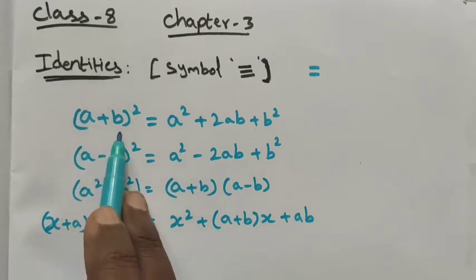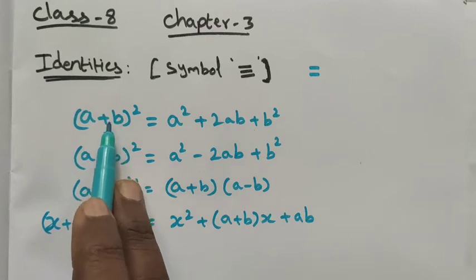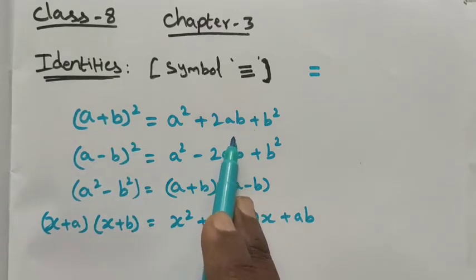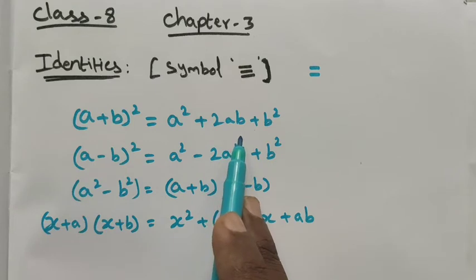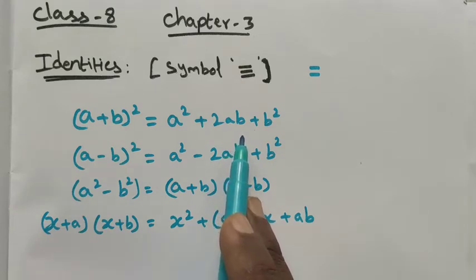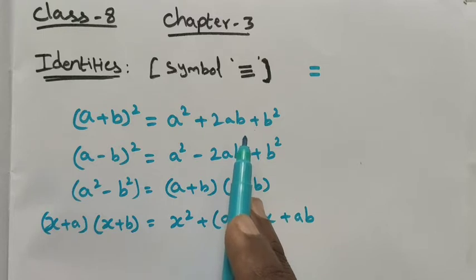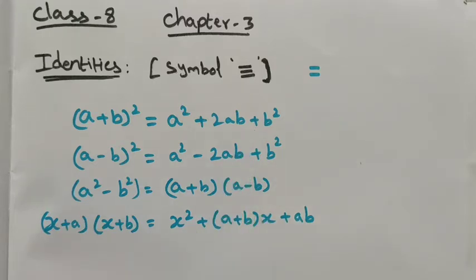If you give any numbers for these variables, then the LHS is equal to the RHS. It makes it very simple to multiply bigger numbers or algebraic expressions also, right? That's why we are using the identities. These identities are very, very important. In algebra, we use the identities in many ways and many places. Without the identities, we cannot simplify algebraic expressions in the easiest and shortest form. So that's why we are studying these identities.